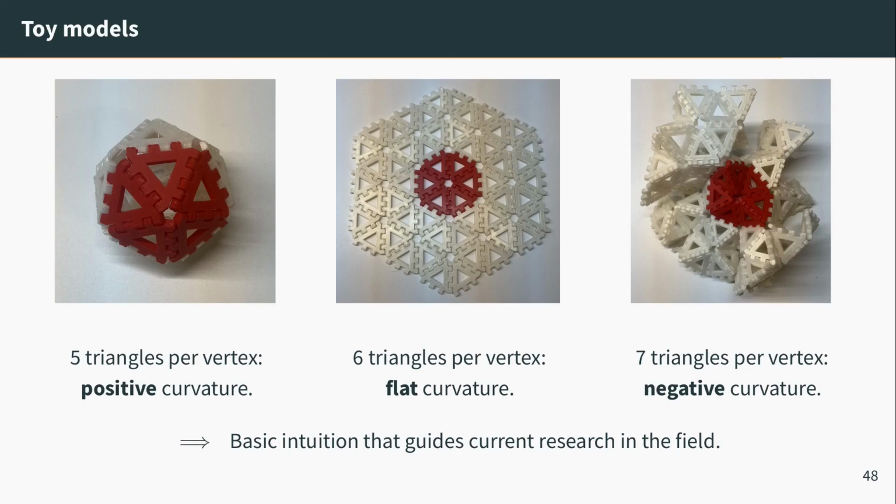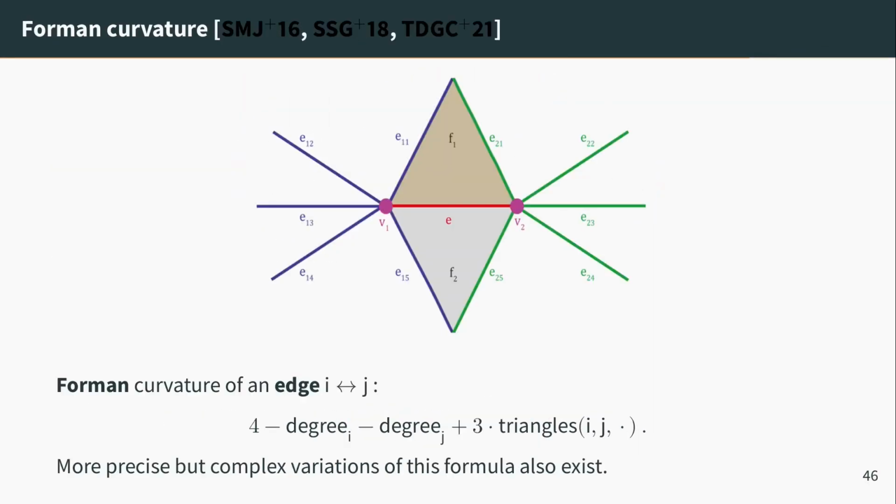And so maybe, I 3D printed some models, this is what you should think about when you think of a flat space. Okay, so this is just a mesh where every vertex has 6 equilateral triangles as neighbors. And when you do that, you just end up with a piece of tissue. But now, positive curvature is what happens when you have fewer triangles. So you get these kinds of things, and probably I should have made the calculation, but if you take this discrete graph, I would expect that this formula would be positive.